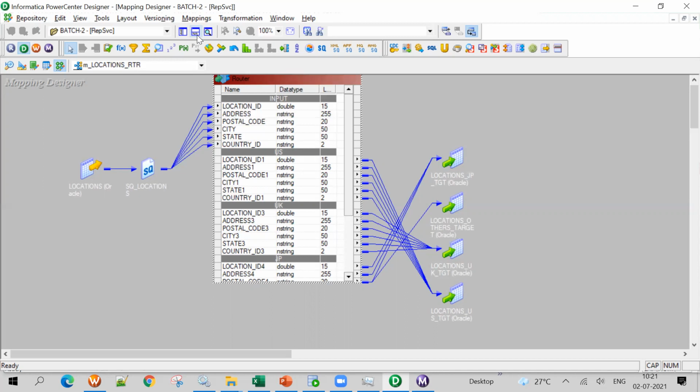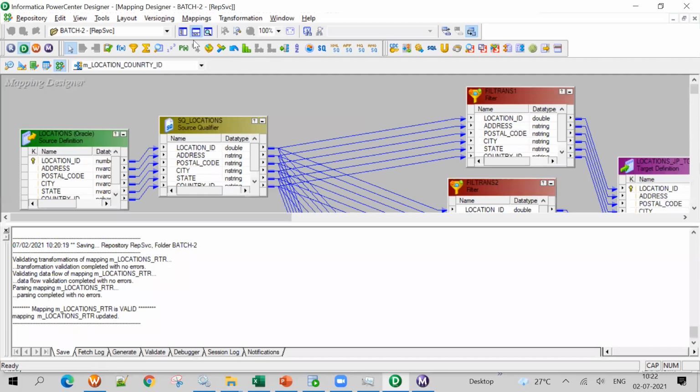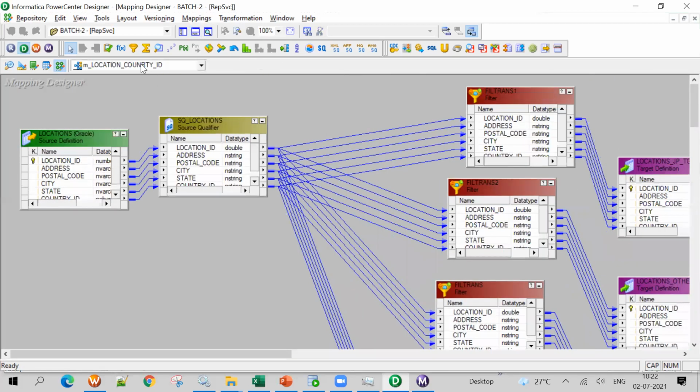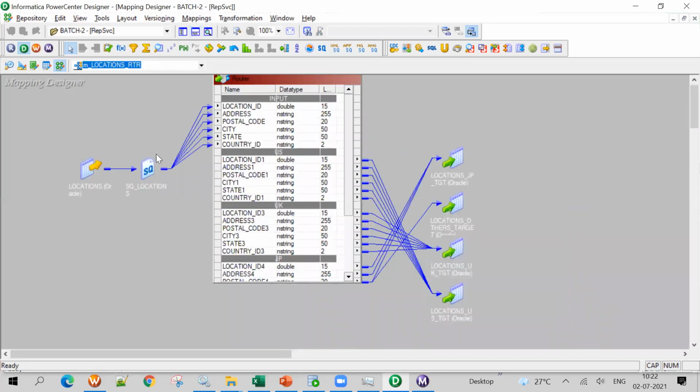If we talk about performance, which one is optimal? Router is optimal, always good, compared to filter, because filter will take input 4 times, but router will take only 1 time. If there are 10 lakh records, it will read them once.